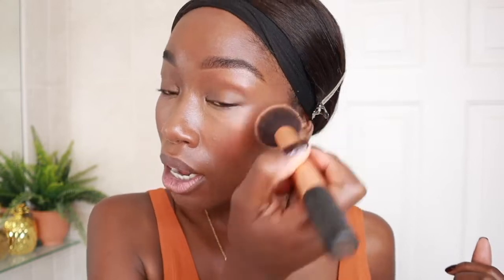And then I'm just going back in with my blusher brush and just making sure that there's no harsh lines between the concealer and my blush. And then I also like, with this orange e.l.f. blush, to add a little bit to my brow bone. I know this sounds weird, but I just think it looks really nice. So I just add a little bit here, just to add a little bit of that warmth